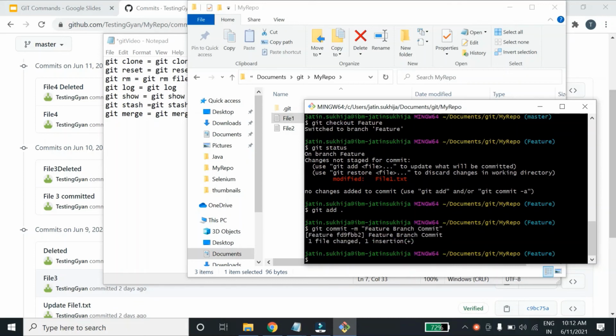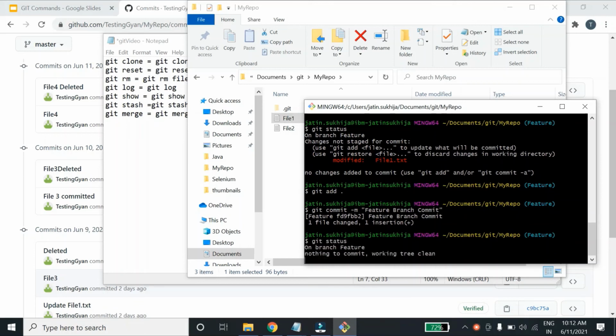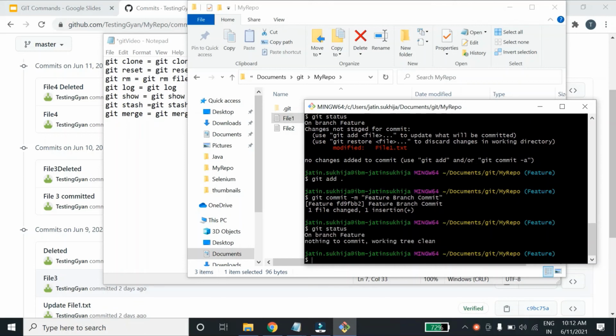Okay, if I do git status now, on feature branch, nothing to commit, working tree is clean.